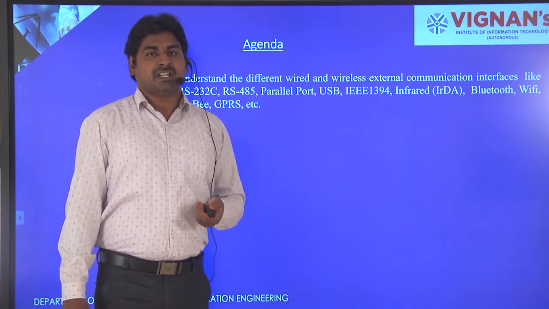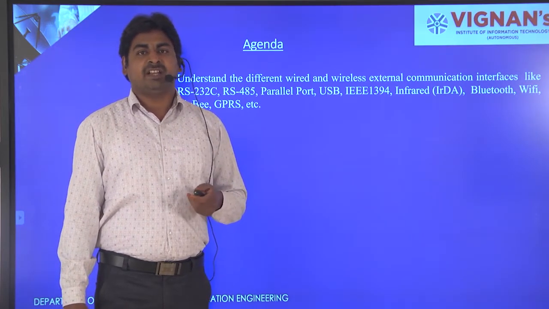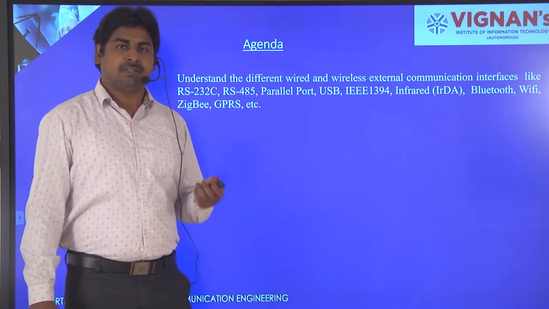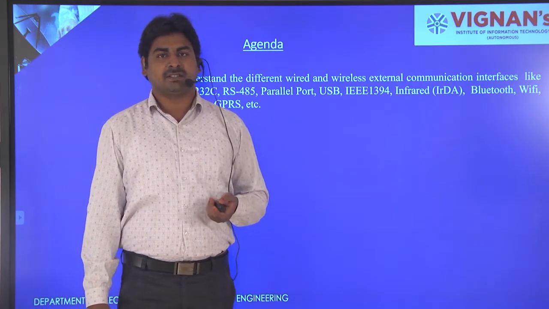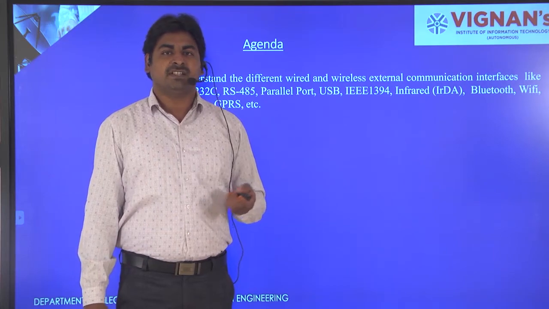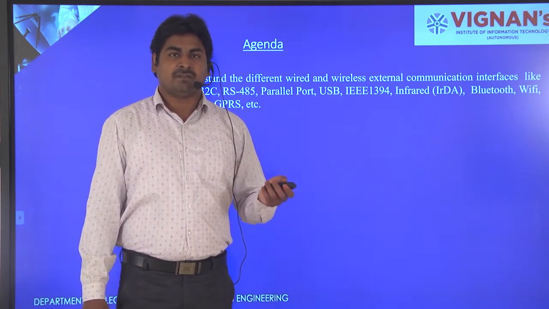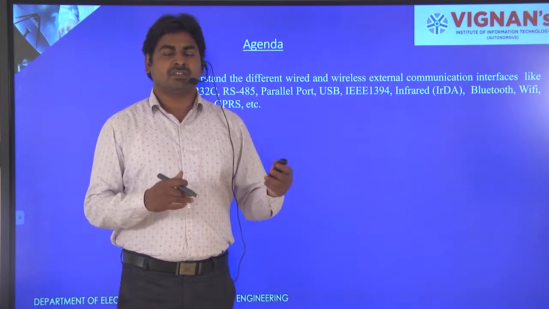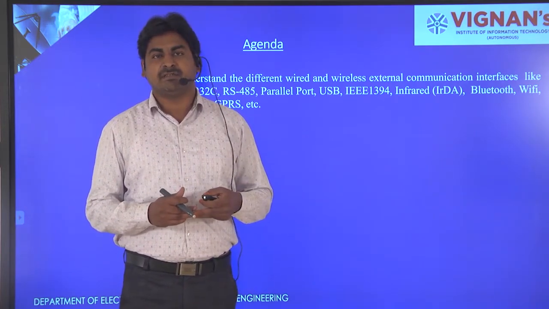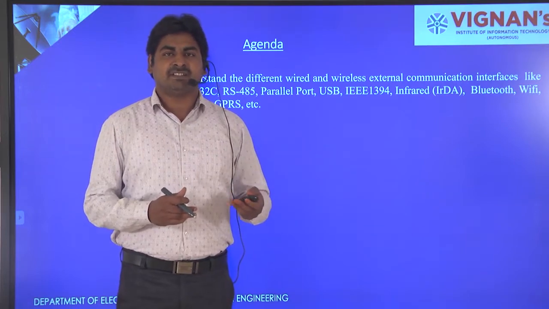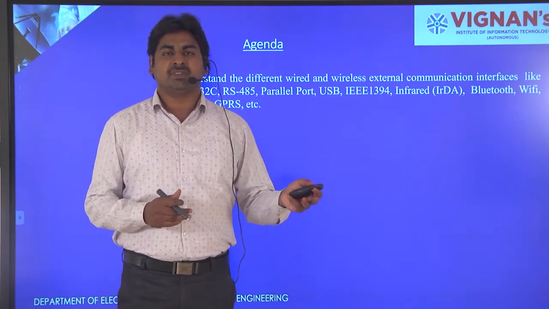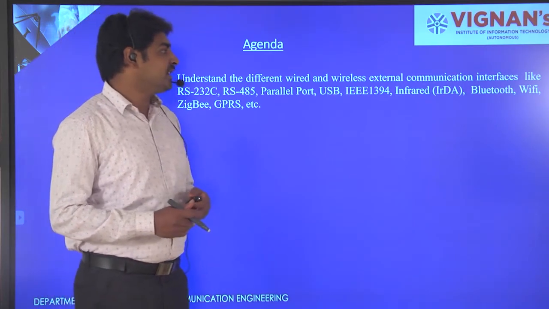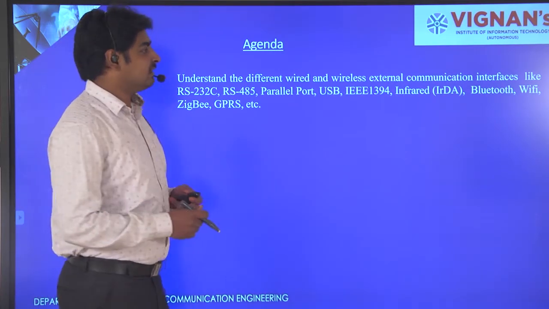But sometimes an embedded system can be a distributed embedded system, which means that particular embedded system can be a part of a big system. So during those conditions, this part of a big embedded system should communicate with the other embedded devices, which means it must be able to communicate with the external world. So during those cases, you will be using these external communication interfaces.